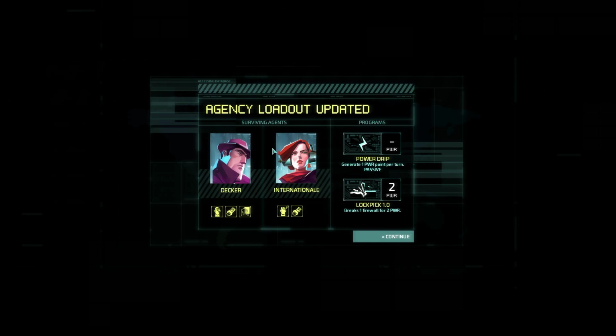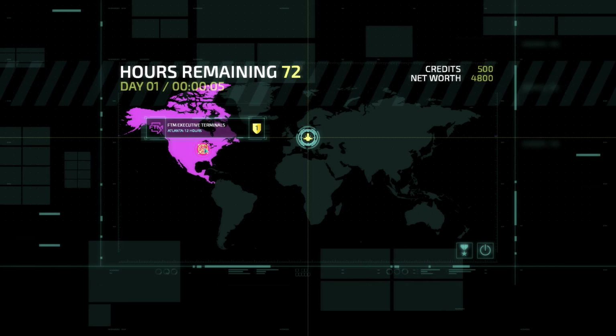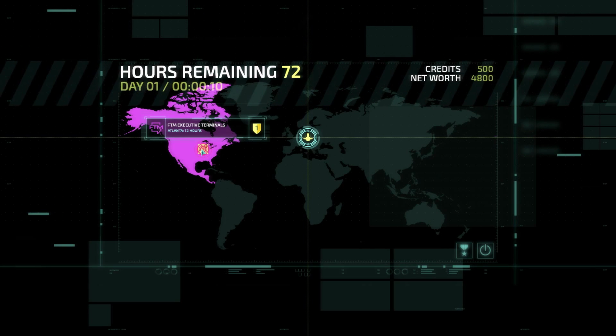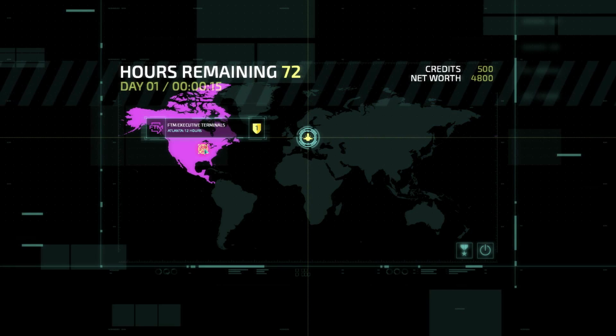Alright, so we're starting out with Decker and International, Power Drip and Lockpick 1.0. And looks like our first contact is Executive Terminals over here in Atlanta. Right now we only have one place to choose from, but as we go through here, we get more and more missions and more opportunities. And what flavor of mission you go after...